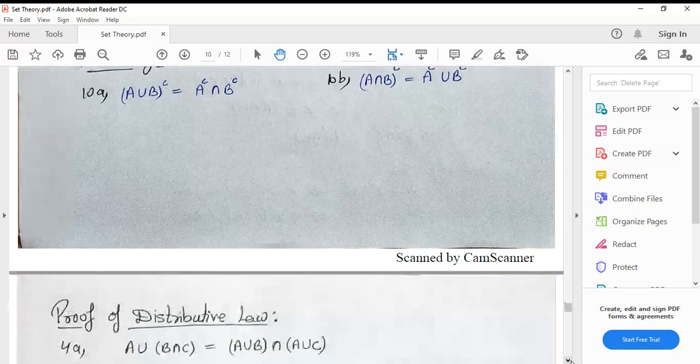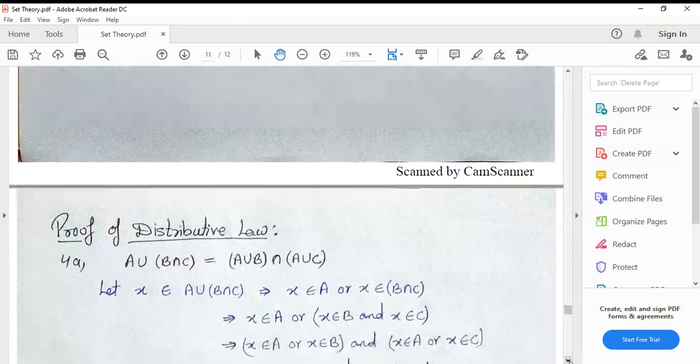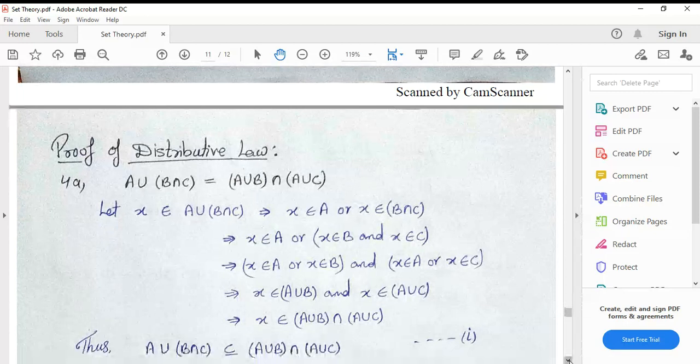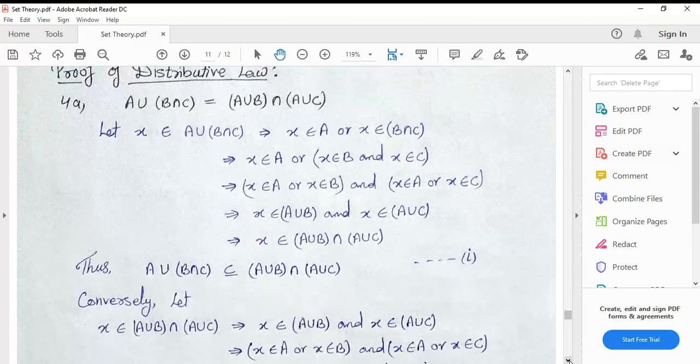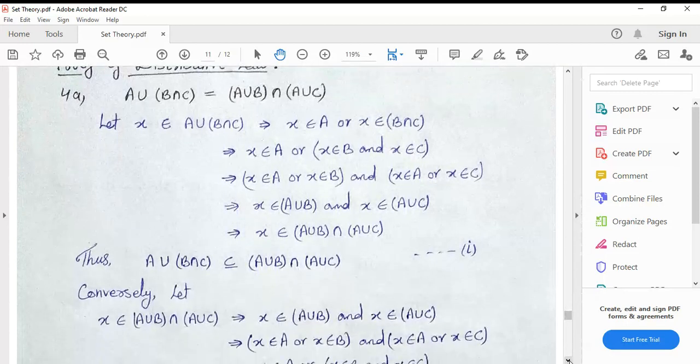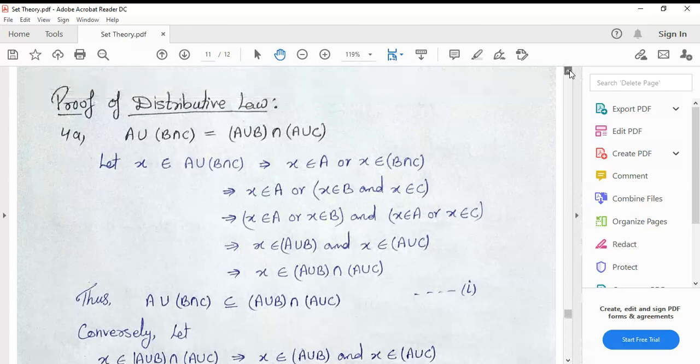In your previous class you studied that you can show this by taking some elements in set A and some elements in set B, then you can prove this. But here you should not assume yourself that these elements are in A and these elements are in B, and then calculate intersection, union, complement, and find the proof of your relation. So here you have to prove your relations in the symbolic form.